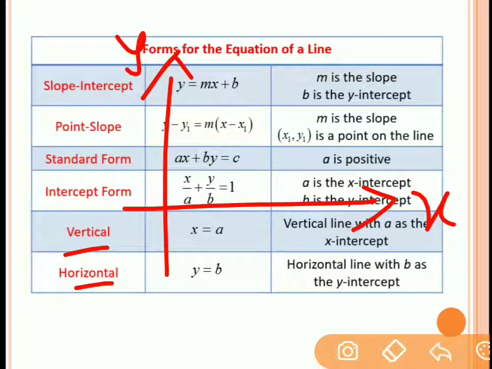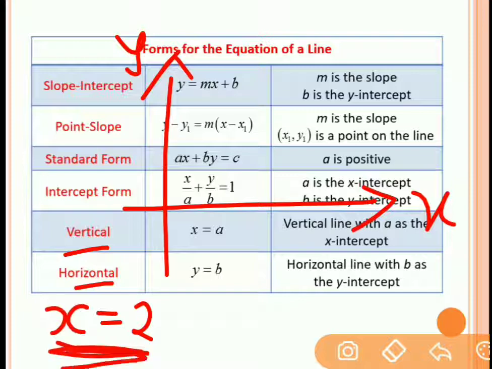Now you have been told to find the line x is equal to 2. This is the line, the equation of line x is equal to 2. How is it an equation of a line? Consider the standard form in which the coefficient of x is 1 and the coefficient of y is 0. So that's why the y term is not present, and the value of c is 2. Understood? So x is equal to 2 is the equation of a line.